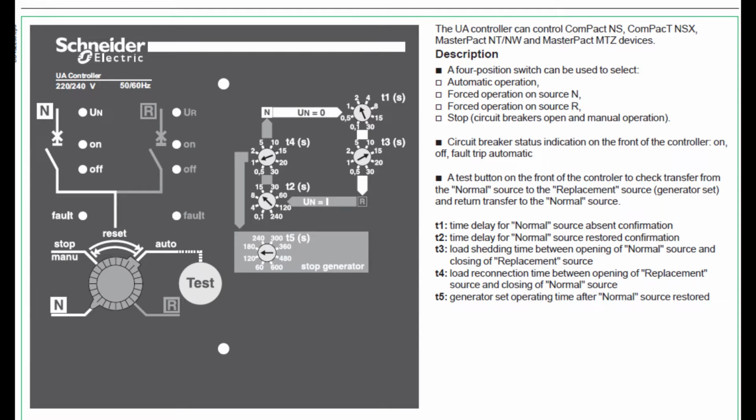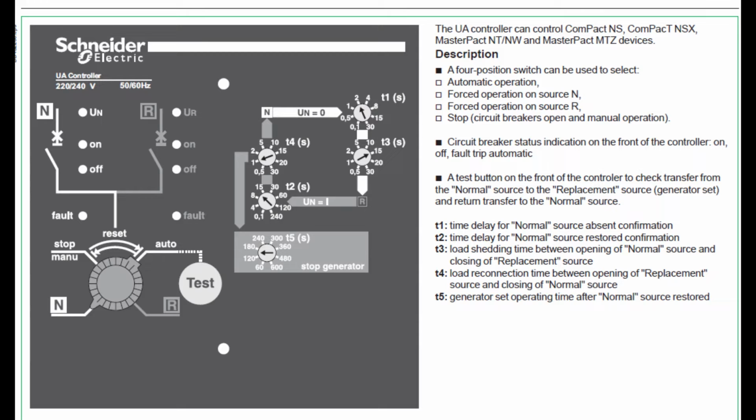Here we can also see 5 dials for time delays. First dial T1 represents source 1 absent confirmation. T2 is for source 2 absent confirmation. T3 is a load shedding time between opening normal source and closing replacement source.